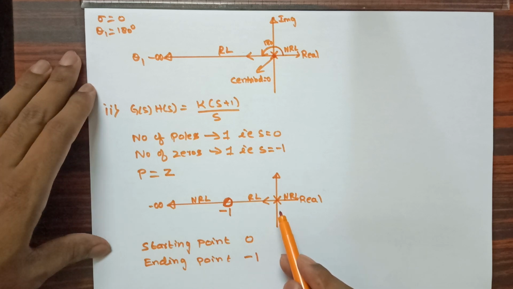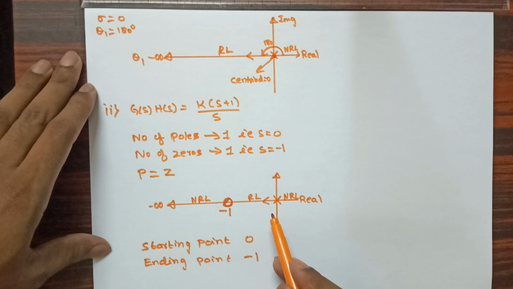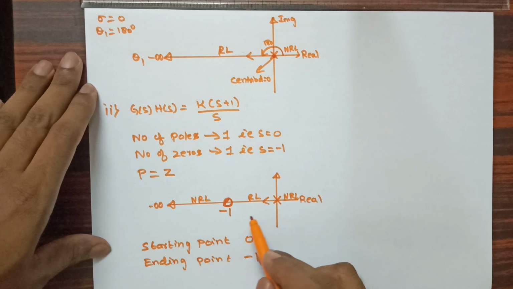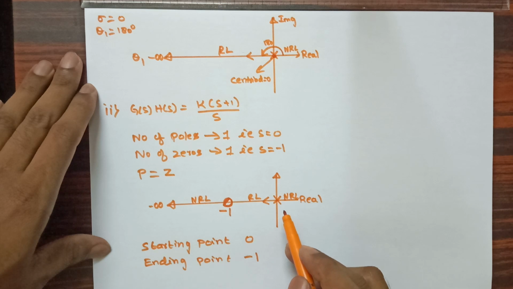In this problem also you can see I have only one pole, so therefore I am not going to get the breakaway point. To get the breakaway point I should have more than one pole so that they can meet at one point. The same sketch you need to plot using a graph sheet, and you need to consider the scale. The X-axis scale and Y-axis unit should be the same. It should not differ.